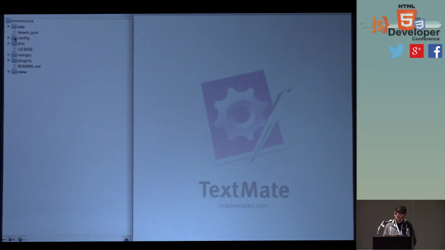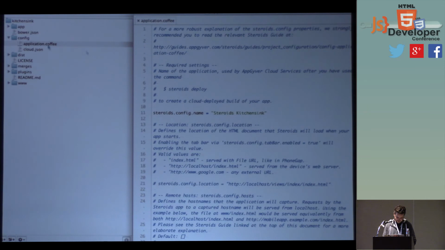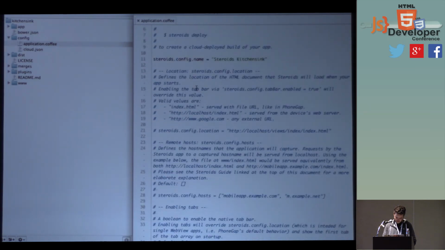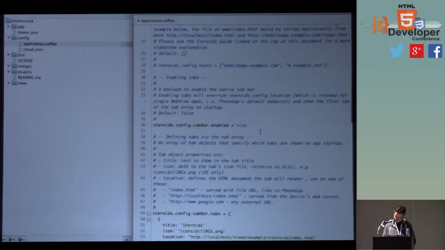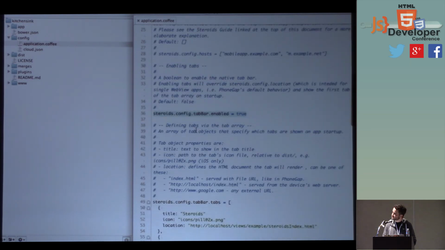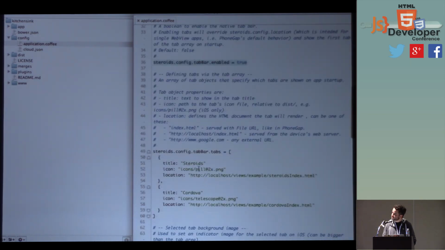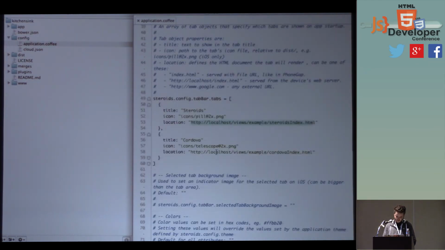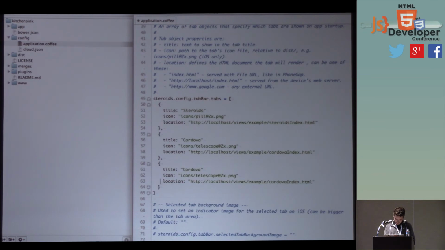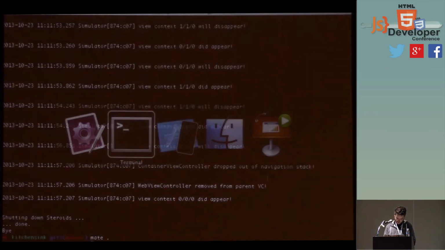So the way you configure your native UI is by opening up the application.config file. You can configure that the tabs are enabled or disabled, and the initial URLs that you want to load in the tabs. So if you want to have 3 tabs, you just copy paste that,